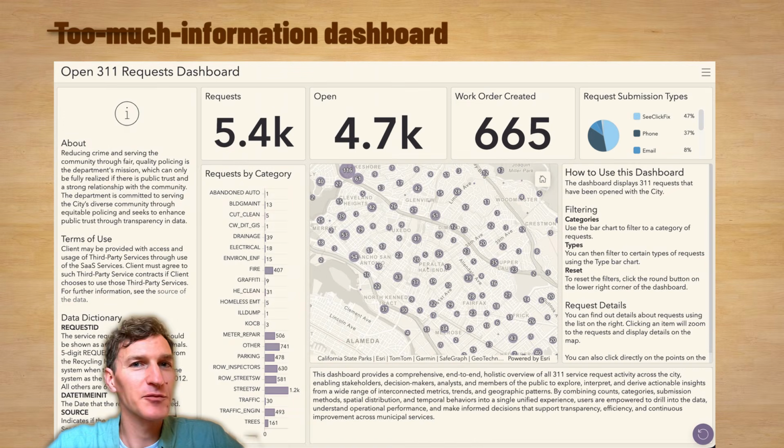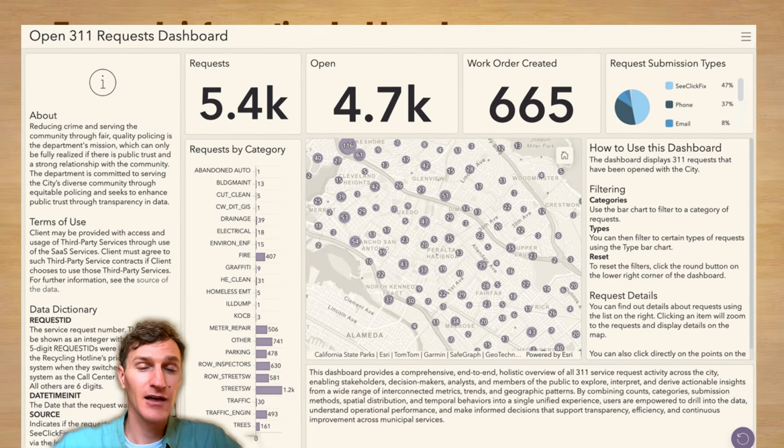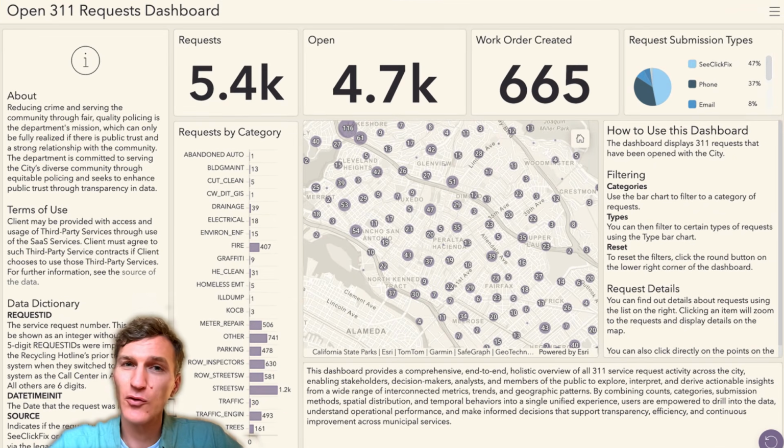The TMI dashboard, just taking a PDF, copy, paste, not a good idea for a dashboard, which should be information at a glance. Tuck that information away if it's really needed in a splash screen, an info window, a pop-up,